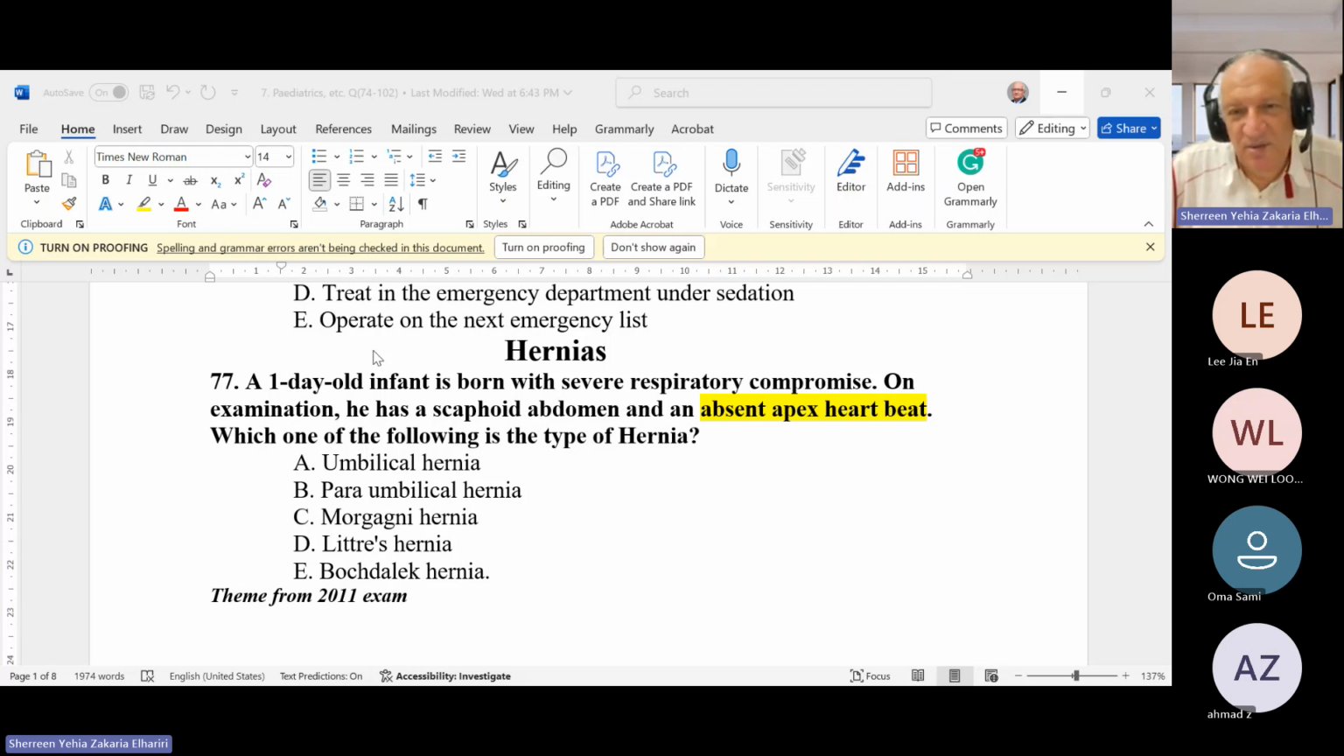It means that the apex of the heart is not in the normal position, not in the fifth intercostal space, so it is displaced. So what is the following type of hernia? This patient has a diaphragmatic hernia. This diaphragmatic hernia makes the intestine or the stomach go up into the chest. So they push the heart